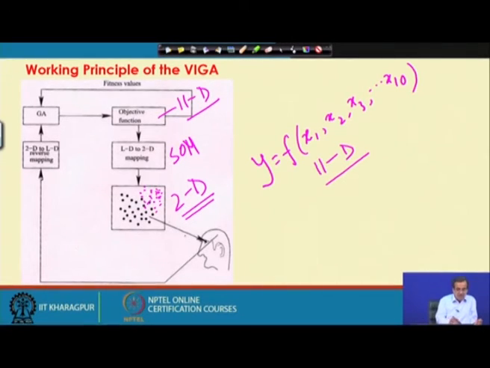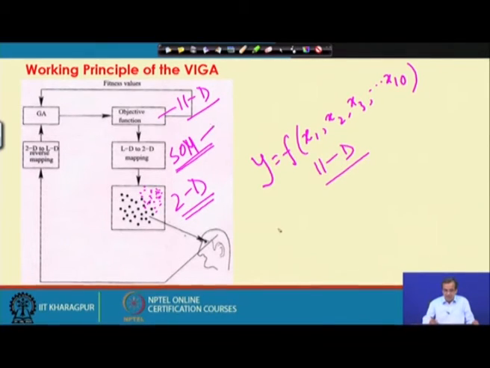So, this particular 2D dimension, we will have to convert it to the LD dimension and go for the reverse mapping. Now, how to carry out this particular reverse mapping, that I am going to discuss. Now, if I use a self organizing map, this is a topology preserving tool, so whenever I am doing the mapping from higher dimension to lower dimension.